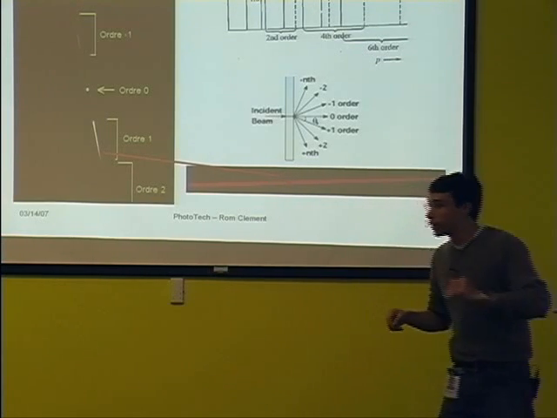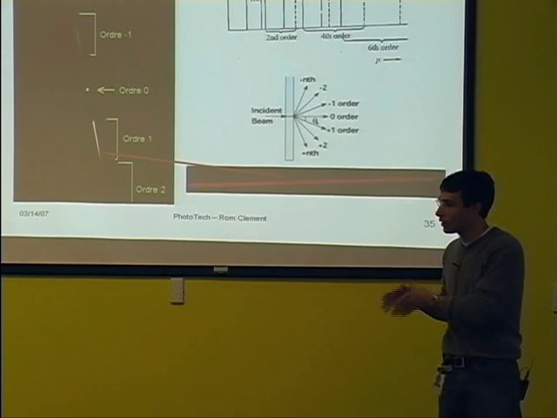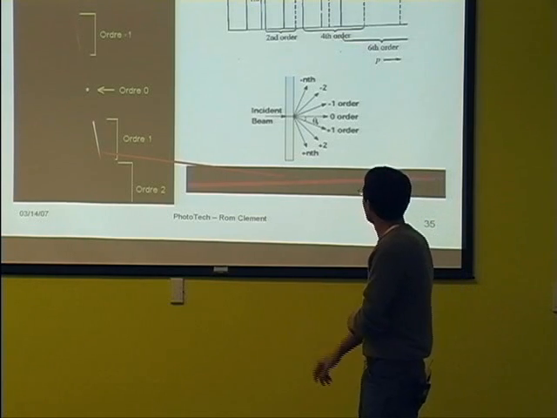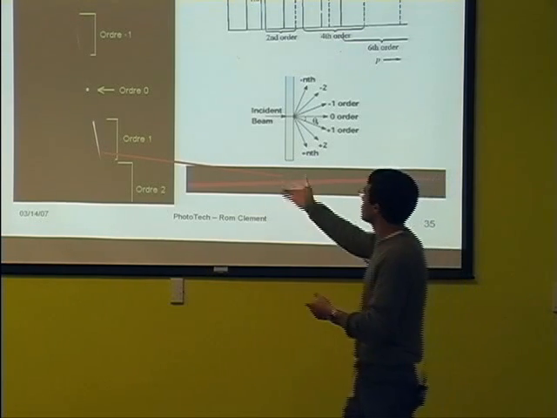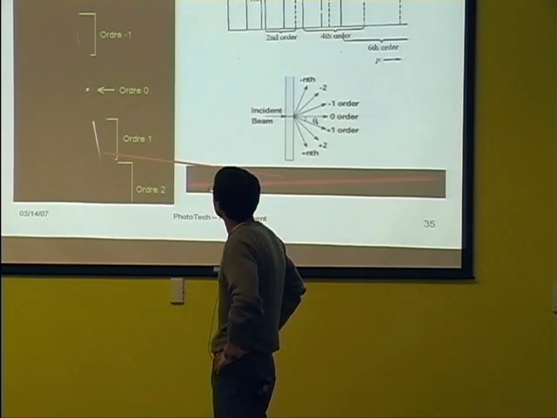The small problem we have on top of that is that, unfortunately, the intensity of light goes down while the order number is increasing. So this is just, for instance, an example of what you could see using a transmission grating